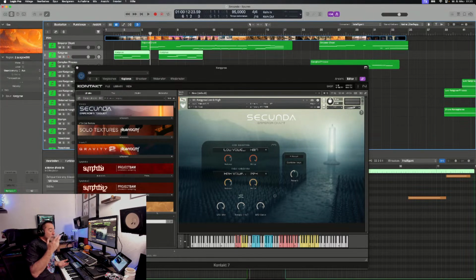Even Wavelet Audio, obviously they do have a walkthrough on their YouTube channel where you get pretty good explained what the various instruments do and how they work. There's even a video, I think, since today, how they used Secunda in an EDM track. There is another video how they used it to make Brahms or something like this. So check out their YouTube channel too. There is lots to discover. Secunda, wonderful library. In my opinion, even